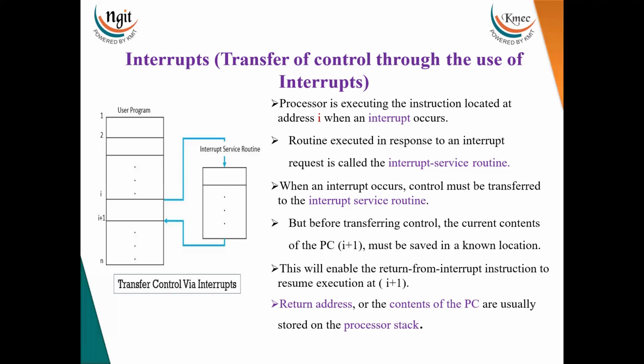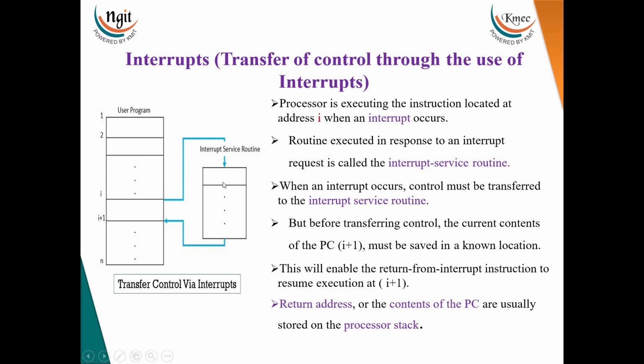Those status bits consist of some flags like carry flag, sign flag, zero flag, overflow flag, parity flag. Few flags are indicated by the status register. For example, if addition takes place and any carry is generated, that carry will be set in the status register. So the status register is also saved onto the stack, and after that it will execute the